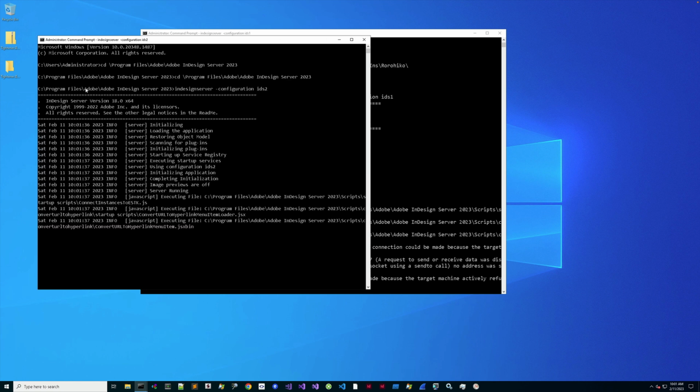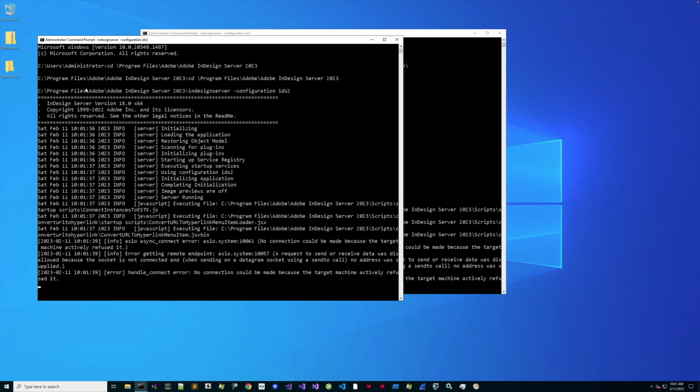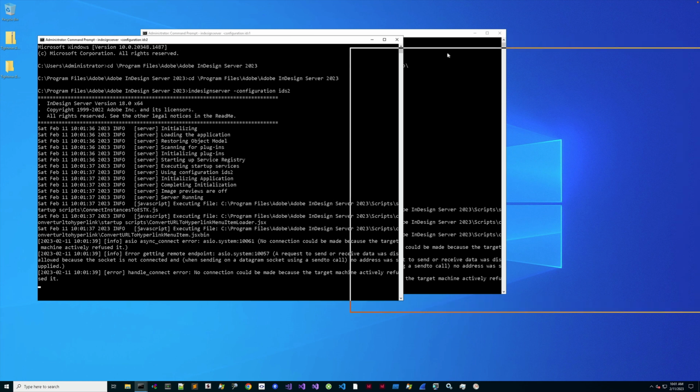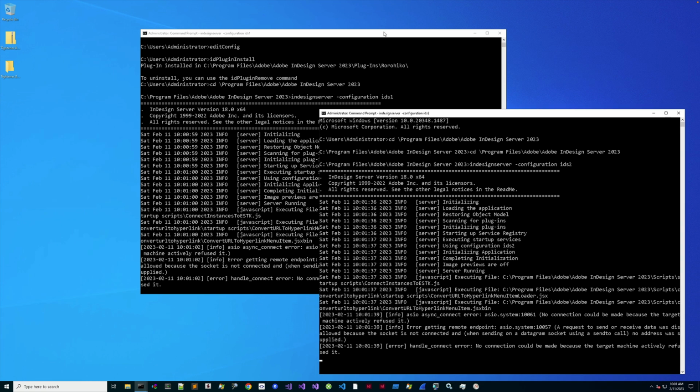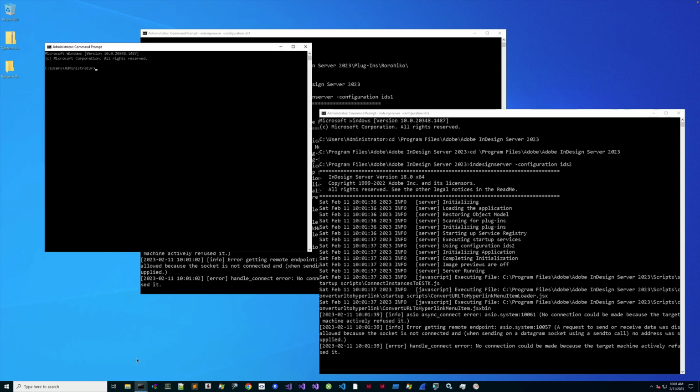Also I'll open that up a bit. Okay, so now I have two InDesign servers running, IDS1 and IDS2. I can actually test and make sure my config is correct by first trying to